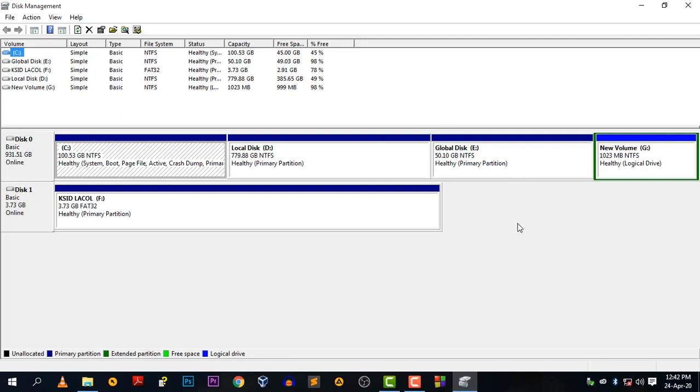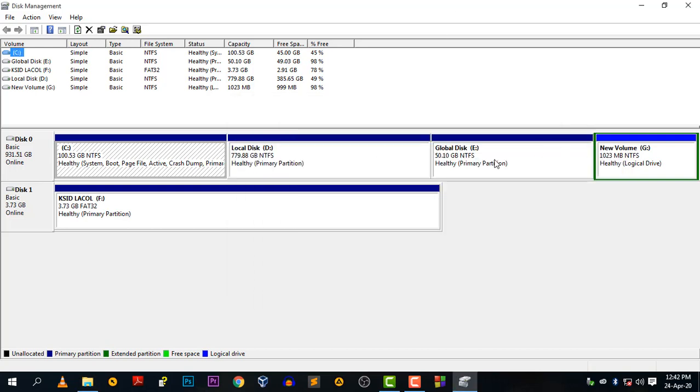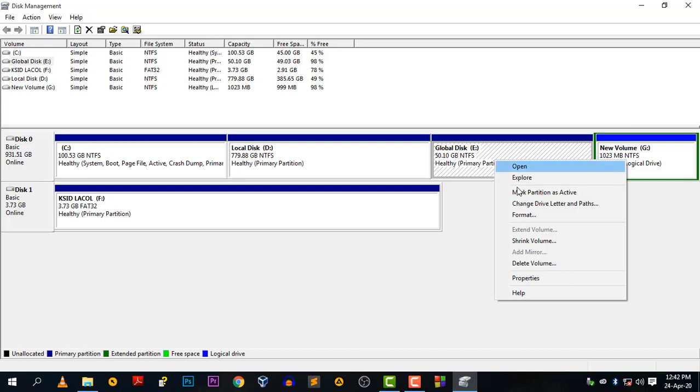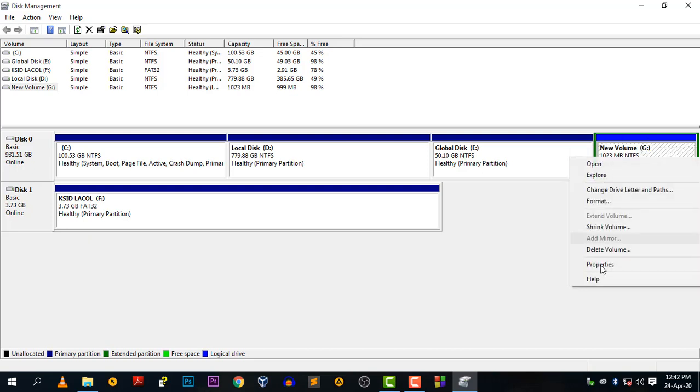So after it is open, I want to go to this global disk E, which is this one, and I want to delete this new volume, then extend this global disk E. If I go and right click on global disk E and click extend volume, it doesn't let me click because it is grayed out. So what we need to do is go to this new volume, then right click on it,